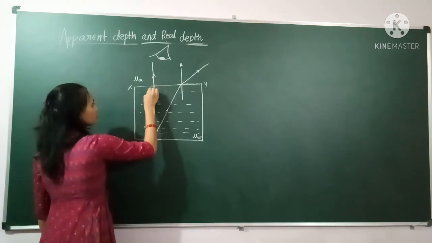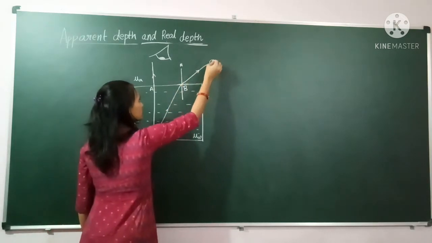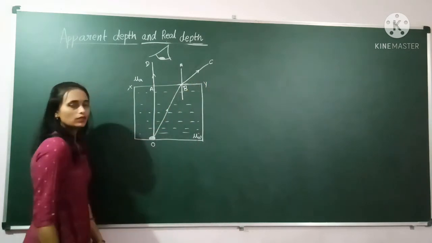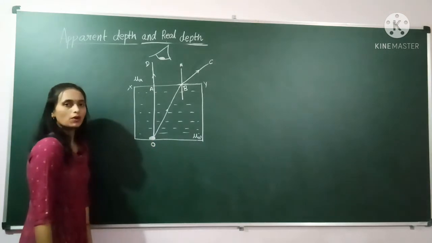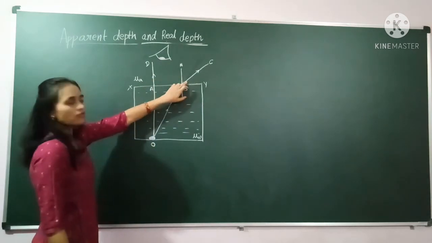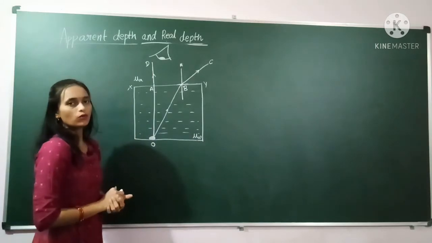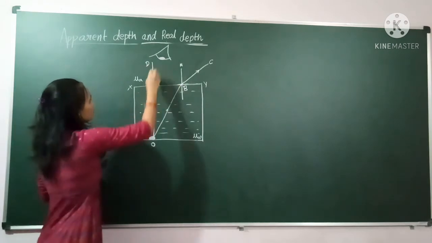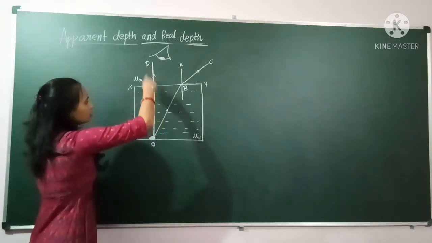This point of refraction we will call point A, and this one B, and this refracted ray is BC, and this refracted ray is AD. See, this XY is the interface which is separating the two media. This is our object. Now these two rays will enter our eyes, but these two rays are diverging rays. Diverging rays will never meet, so an image will not be formed. So our second option is what? We will retrace the rays back. This is the ray which comes back on the same path because it is normal incidence.